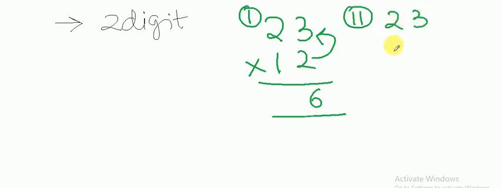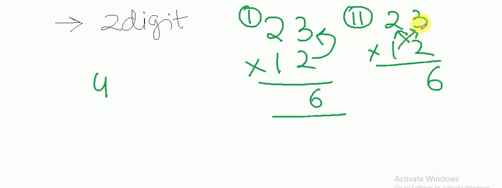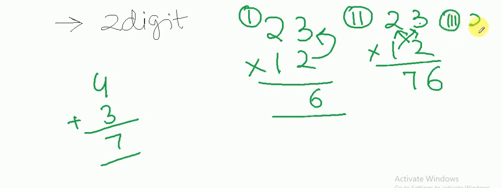23. I'll be writing each and every step separately so that you will get actually what I'm trying to say. Second step is cross. See, like this and this. See, 2 into 2 is 4. I got 4. And 3 into 1 is 3. I got 3. I added both of them. I got 7. I wrote 7 here. This was actually step number 2, and step number 3 is